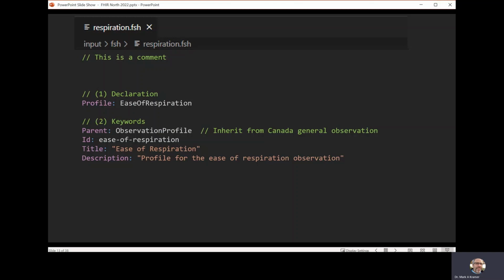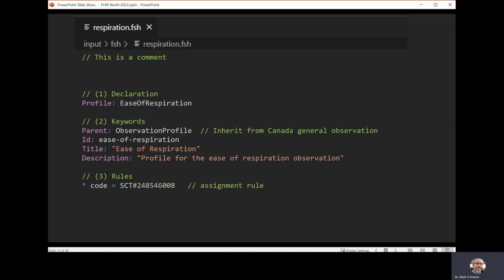The third part, which is really the most critical, is a set of rules. These are your commands that I mentioned. We call them rules. And the rules will do everything in the profile that you'd like to override. In other words, it is basically the diff between the base profile and the profile you're trying to create. So the first rule that we're going to introduce is an assignment that takes the code of this observation and sets it to that SNOMED code